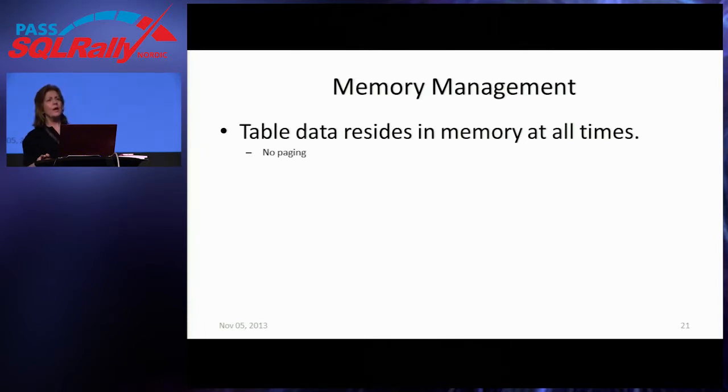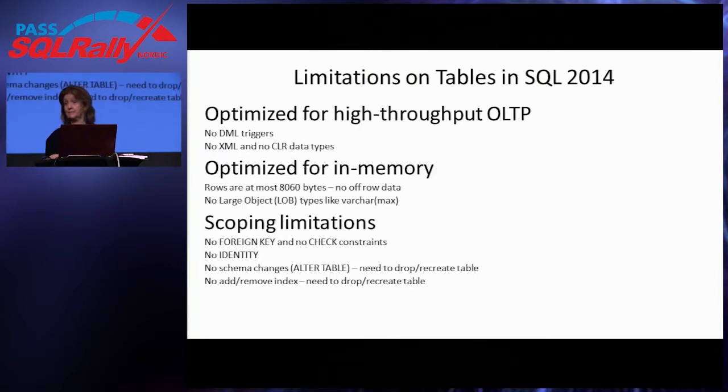As far as what you would do to get around these limitations here, this is what you're asking. At this point, I haven't actually started working on any kind of best practices. I was focusing on the actual storage. There is a document available online from Microsoft called the Hekaton Cookbook, which gives a lot of recommendations, but it's still a work in progress because as more people start to use the product, they'll discover different, more efficient ways to work around. At this point, I've not had a chance to do any of that. And if you find something really good, let me know, and maybe I'll write it up.